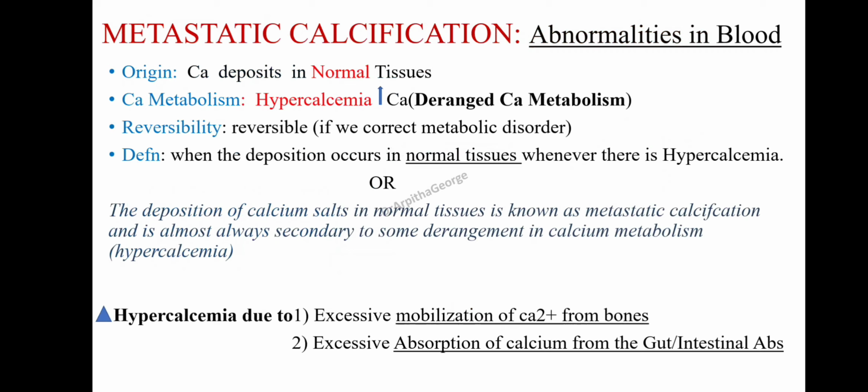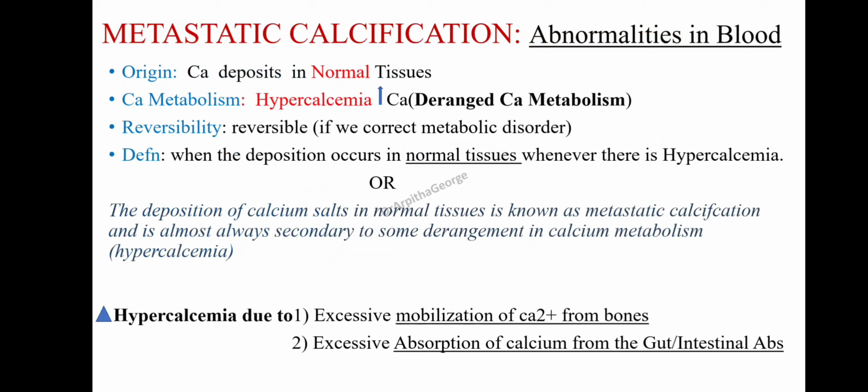So what are the reasons for hyperparathyroidism? The parathyroid hormone can be increased as primary as well as secondary. The primary reason can be a tumor, a neoplasm, cancer of the parathyroid, or the secondary reason is renal failure. Then again, you can see increased calcium. I told you the third factor is neoplasm. In neoplasm cases like myeloma and leukemia, all in cancer cases you can also see it. The main factors I told you are parathyroid hormone and vitamin D. The third factor is vitamin D. In disorders like vitamin D intoxication, you can see a lot of calcium. So eventually it will lead to hypercalcemia.